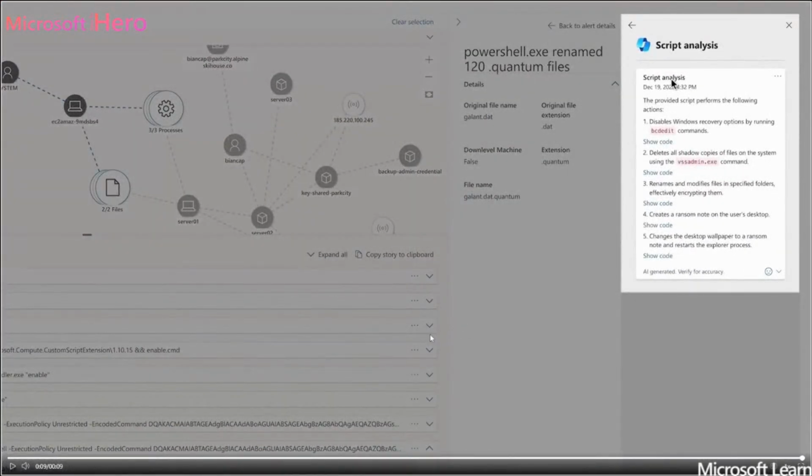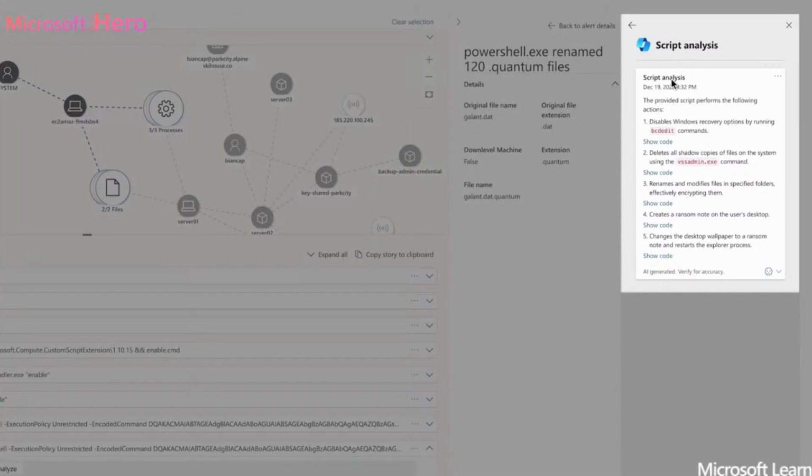As you see, Copilot for Security analyzed the data and shows me what this PowerShell command does, how it works, how to run it in the incident, and gives you more information, and you can receive a shell code or other things. It's very interesting. In the real world, if you want to receive information, you need to open, for example, Google and search more about PowerShell, what the command is, but in one click you receive more information about the security and PowerShell command.